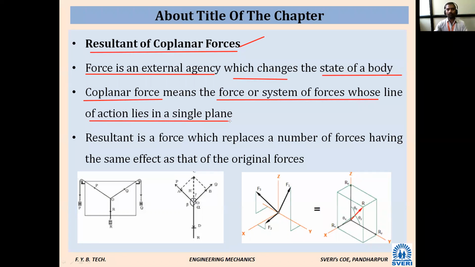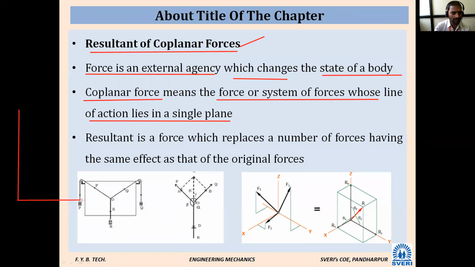Now we will study what is a single plane. You have studied in your mathematics that there are three axes: one is the x-axis, one is the y-axis, and one more is the z-axis. Correct? Yes, sir. If you consider any plane, the plane is always represented in two dimensions, along x and y. So if I draw the diagram,